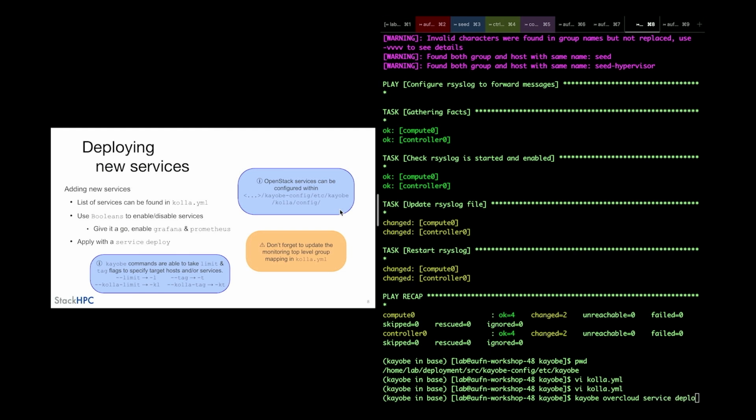overcloud service deploy here. We can also limit further. So if I were to use kolla tags here, this will essentially pass a section of tags into the Ansible for Kolla Ansible, so it will only run specific playbooks. It just speeds things up a bit. So we're going to pass in the kolla tags for